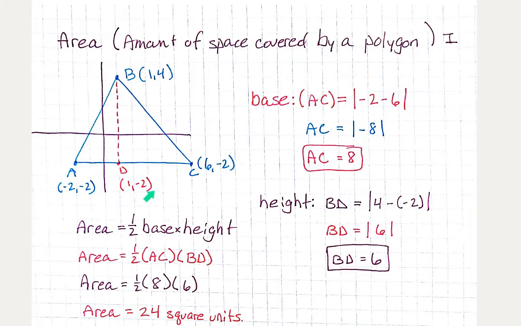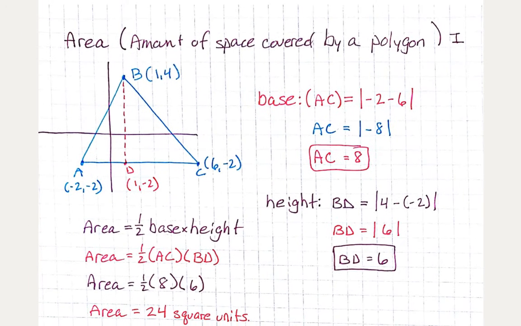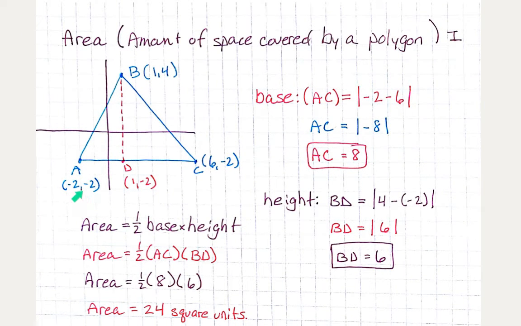Oh, by the way, clearly you could just be counting spaces on pretty much all of these, but we're actually going to do the math in case you run across a situation where maybe this is some sort of strange fraction or decimal or something like that. All right, so the base, AC, that's a horizontal line, so we're going to use the difference between the x-coordinates, which are, we've got -2 and we've got 6, so -2 minus 6, which is -8,